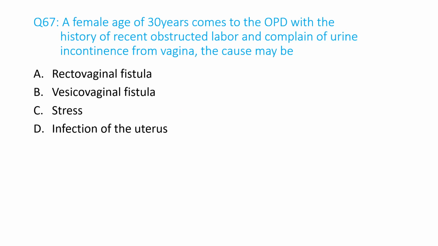Number 67. A female aged 30 years comes to the OPD with a history of recent obstructed labor and complaint of urine incontinence from vagina. The cause may be A. Rectovaginal fistula, B. Vesicovaginal fistula, C. Stress, D. Infection of the uterus. And the answer is